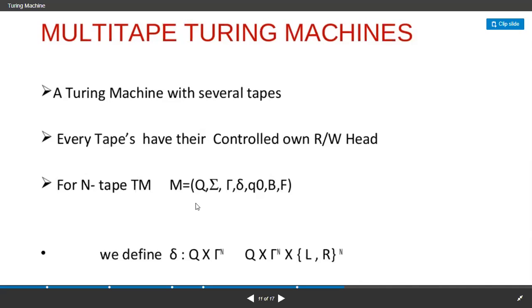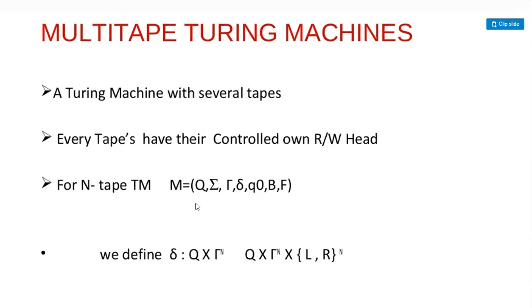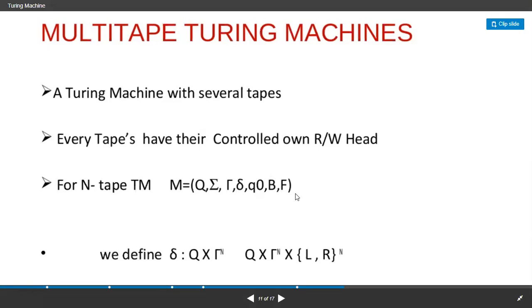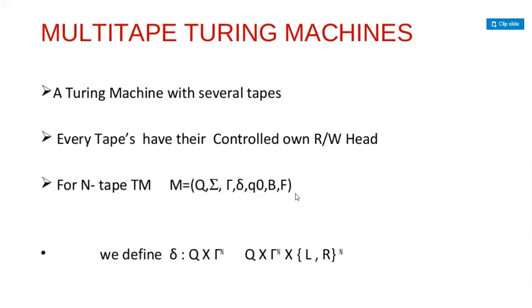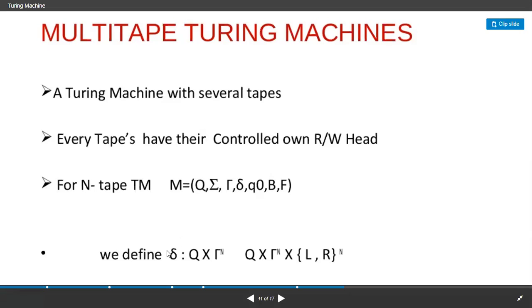That means n tape means, if you are having n number of multi-tape Turing machines, the same definition that we are applying here, but where we are having the difference is at the place of the transition mapping function. That is, delta defines Q maps with tau, where the tau is n tape tau. That means it consists of n number of input tape symbols. So it should be mapped with Q that maps with tau to the power n, which is nothing but a mapping with both the left and right, where those are also denoted with the power n.